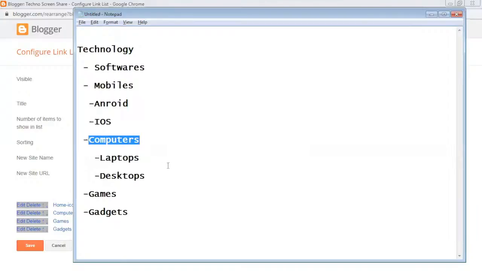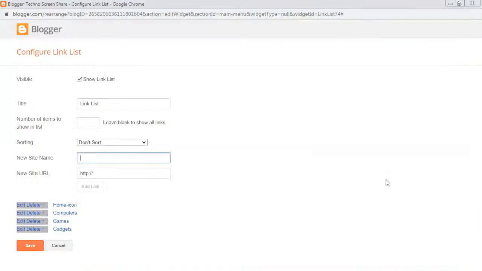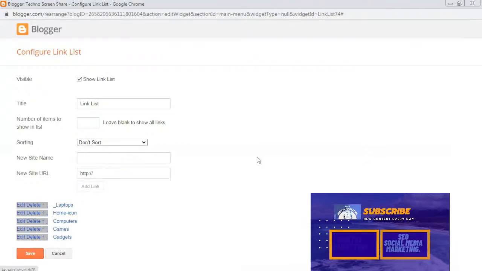Then if you want to add a submenu, you will use a double underscore, add a submenu, hashtag, then click on add.